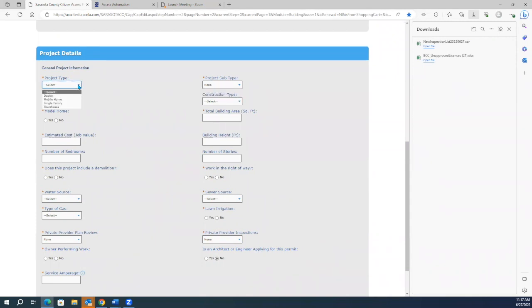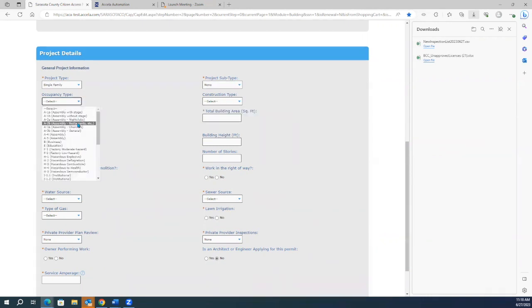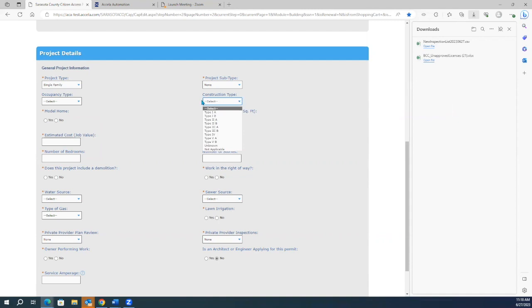Project type. This is a new single family, so it could be any one of these options: duplex, mobile home, single family, or townhouse. In this case, we're going to do a single family. The project subtype will default to none, but if this is a green building or considered affordable housing, you could also choose the applicable one, but it will default to none. Occupancy type, if you know that, it is certainly something that's on the plans. You could choose. The residential ones are down here. These are in alphabetical order, so you could choose that. Otherwise, if you weren't certain, you could certainly leave those blank. Same with the construction type. If this is a model home, you would click yes. In this case, we're going to say no.